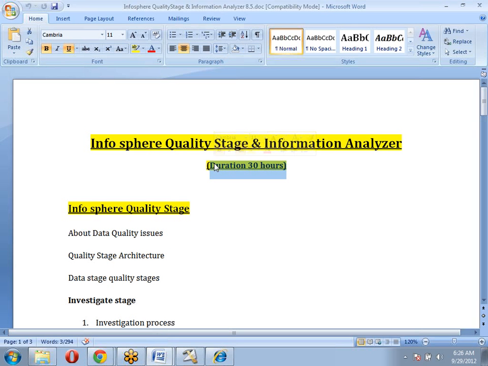I am already working, I know 8.1 and I did a lot of jobs in 8.1, so I pretty much understand all the basic stages. But I'm looking for more complex situations, XML especially, and Information Analyzer and QualityStage. All right, if you require Information Analyzer and QualityStage, that is a different batch. We will let you know. Maybe we'll start one new batch for this in the coming days. You can join that one as well.